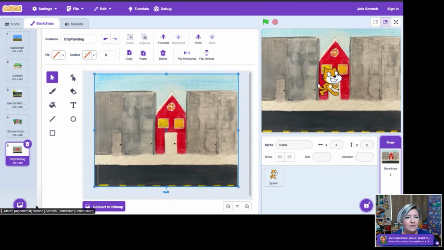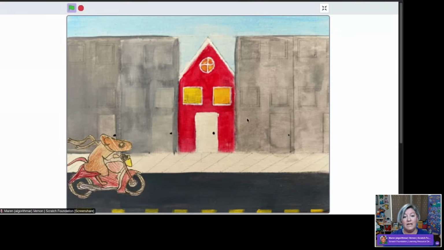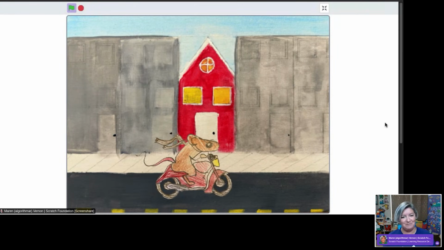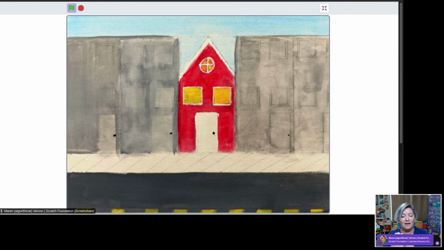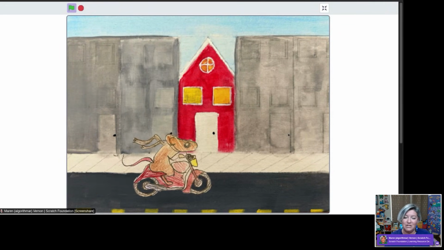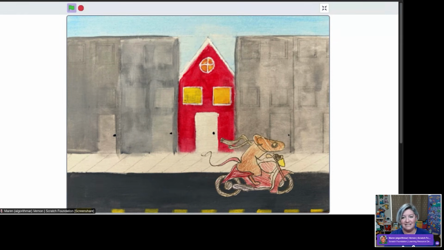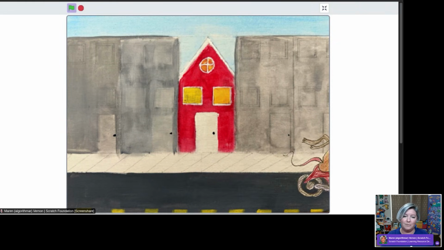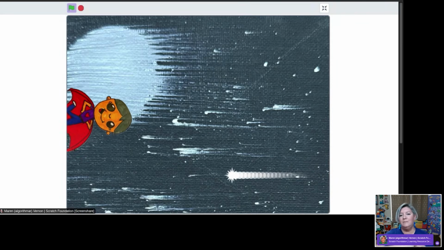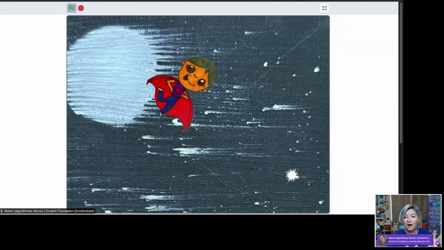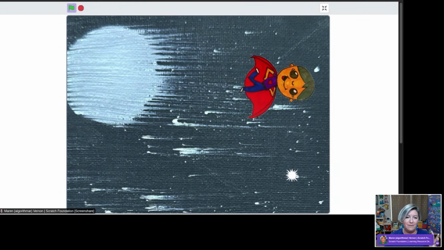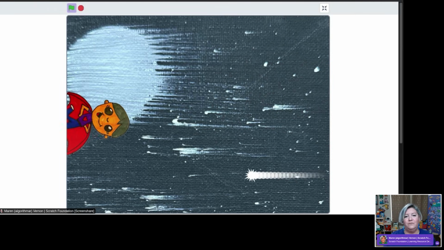One of the things that I have linked to here, you'll see I've got two types: the background that was a drawing, and I also imported one of her drawings of a mouse on a motorcycle and animated that using Scratch. So this is completely her own creations brought in here into Scratch. Or here, another one of my daughters made this kind of painting of the night sky, and I've animated over that with a shooting star, and then another drawing she made of me as a superhero, which was very sweet.